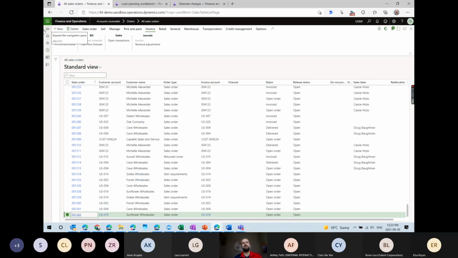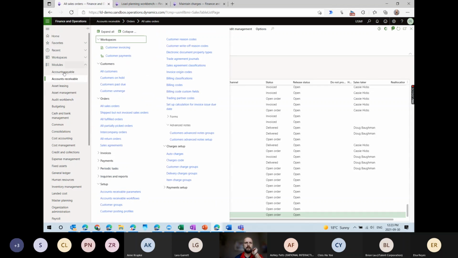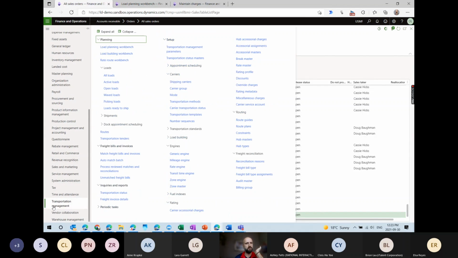Now, I want to generate a load for all of those 3 orders. Well, how do I do that? Well, we go to transportation management. We kind of know that. Now, I could have done, remember, load planning is where I go to manually generate these